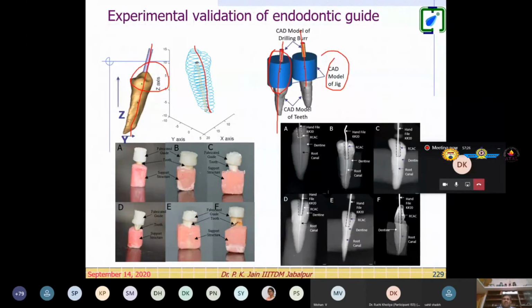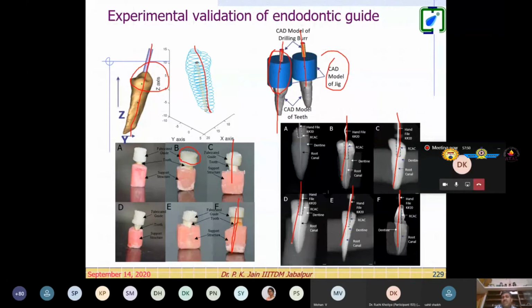So on the ceramic blocks, the tooth has been mounted. And here the guide is made of ABS material. On the top, there is a hole. And when doctors drill the hole into that, right? So this is the X-ray image after the healing, right? So this is the validation, how we performed this study. And this is a small part of the PhD thesis of Dr. Ankit Nayak.